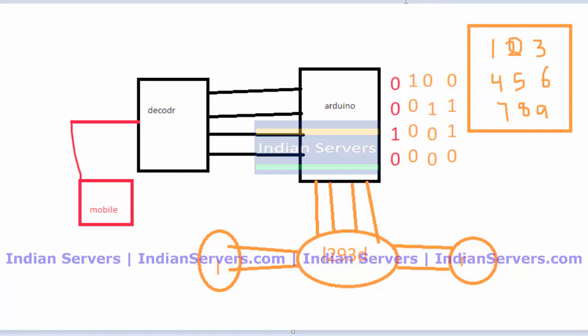So now the thing we have to do is, first we have to read these 4 pins. After reading these 4 pins, we have to store the status of these 4 pins in 4 variables. After storing the status in variables, we have to compare using this predefined binary information, and finally we can control the robot by using the mobile phone.